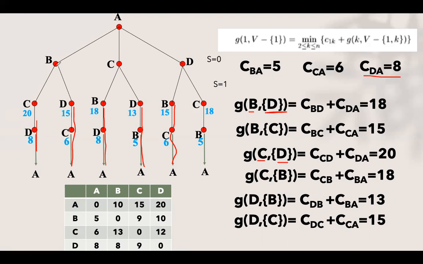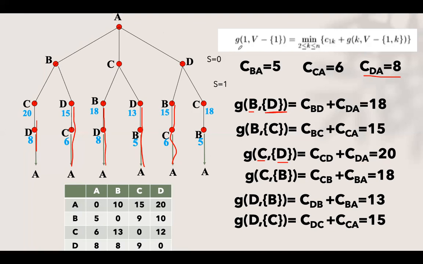Here, from B, either you can take this path or this path. So whichever is minimum among these 2 paths, that I will consider. From C, either this path or this path. Among these 2, whichever is minimum, I will consider. From D also, either this one or this one, whichever is minimum, that path we will take. When you come to A, among 3 available paths, whichever is minimum, that we will consider.